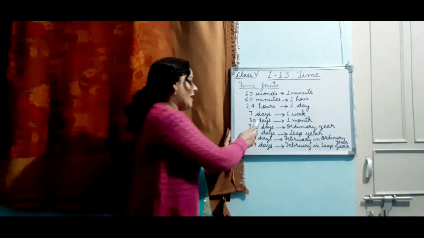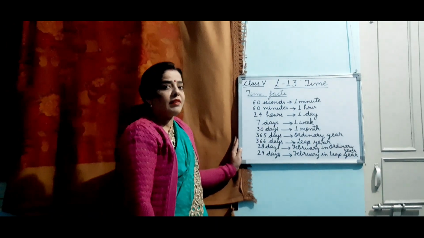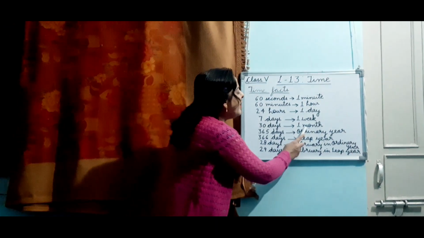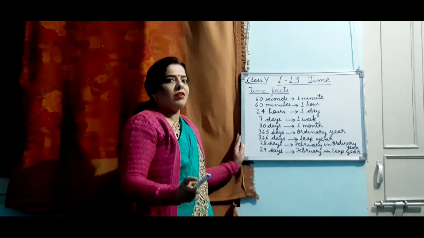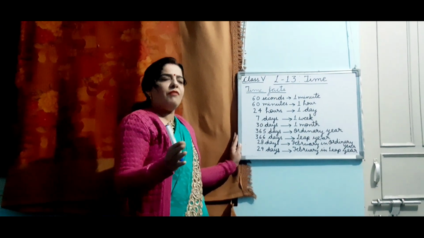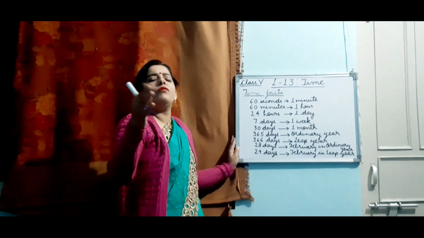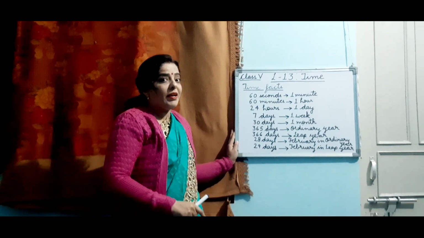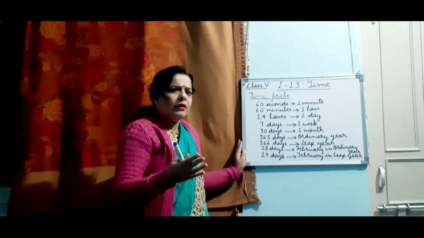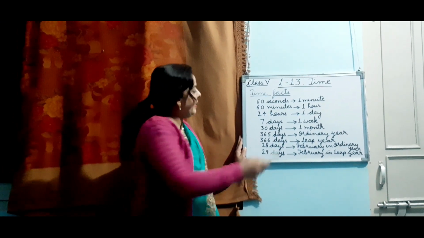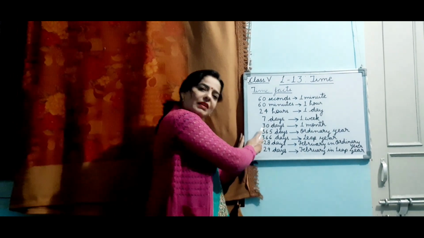Okay, now why have I written 30 days in a month? Because here no name is mentioned. Remember, when the name of a month is mentioned, then we work accordingly. If I say days in the month of January, then you are supposed to say 31 days. But if I say days in a month, then there is no need to say 31. Then in that case, generally we take 30 days.